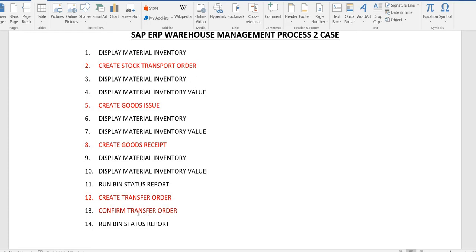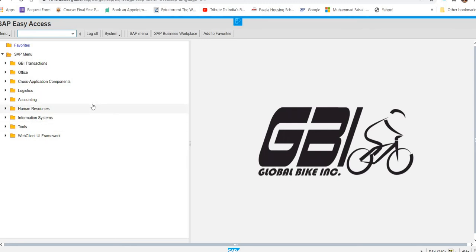And the last one is in a different color. Why? Because it will not generate any number, but it actually validates the document that has been created in the system. Okay, so let's move to the SAP ERP.